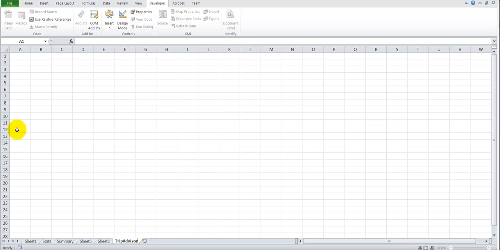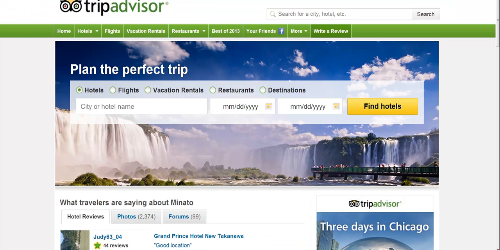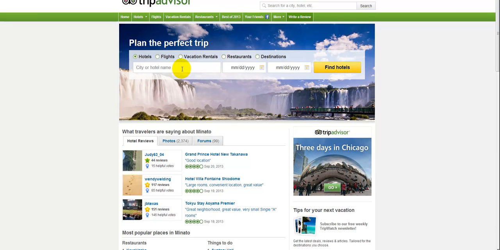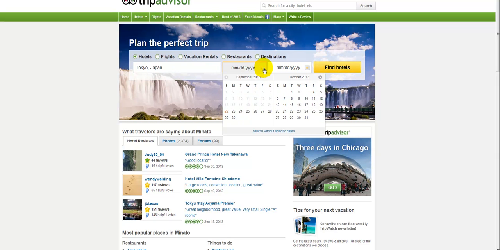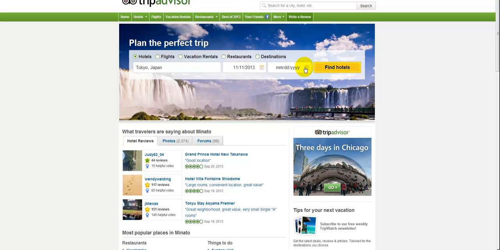Let me just show you that page anyway. This is the TripAdvisor site, and you can put in a city like Tokyo, and you can put in some dates, and you say find hotels,